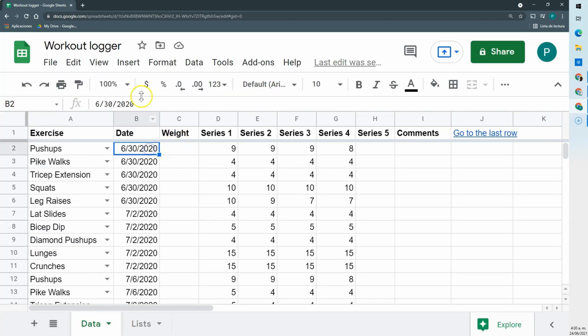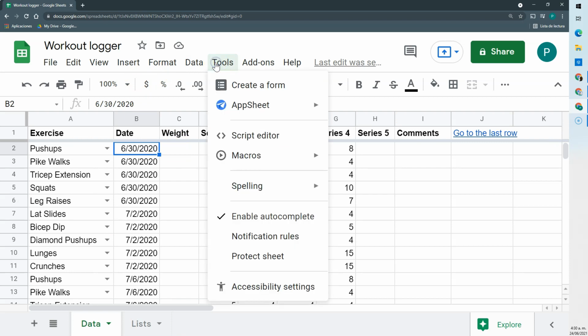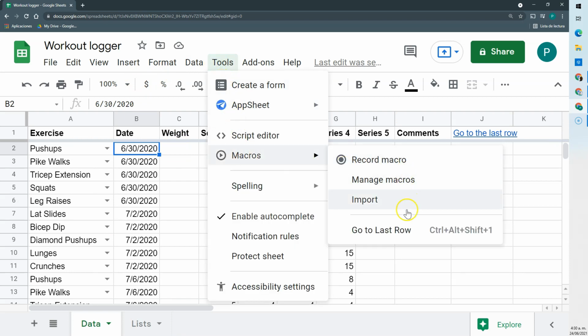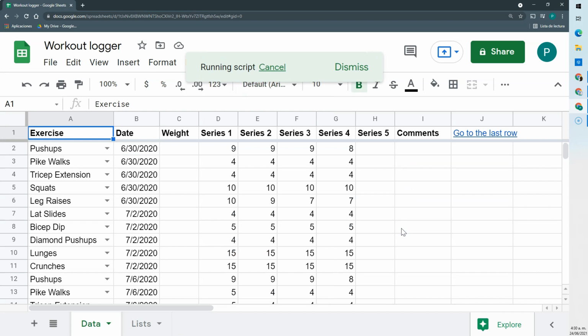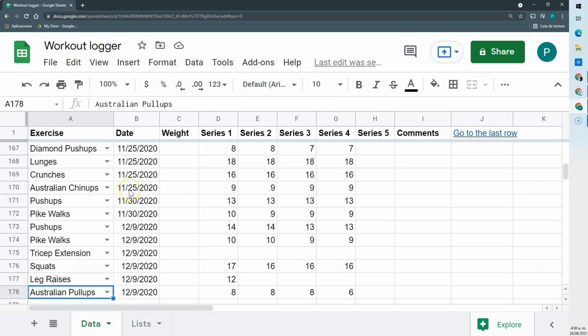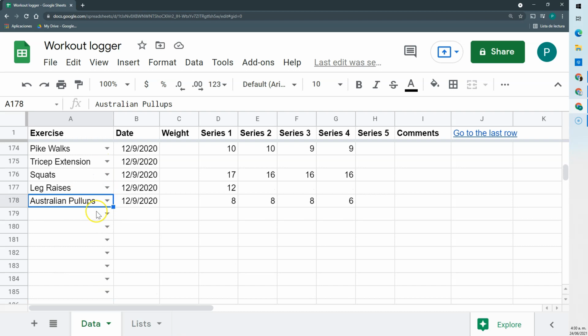We're going to stand in any cell, go to Tools, Macros, and play go to last row. It should normally ask you the first time for permissions. I already did some tests, so it doesn't ask me. But see that we go to the last row, and if I include new exercises,